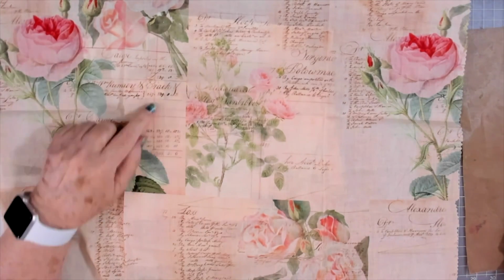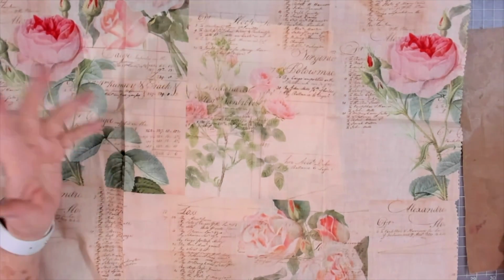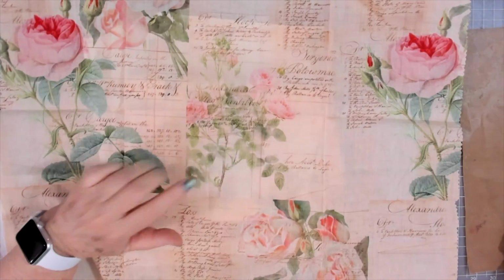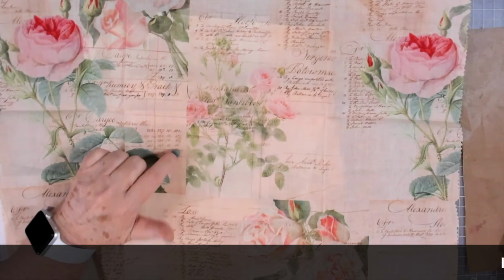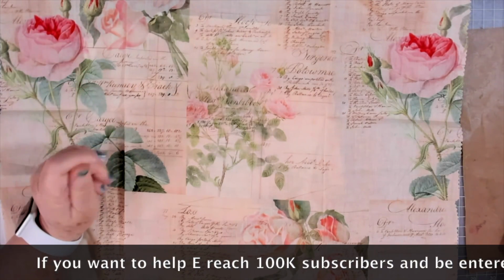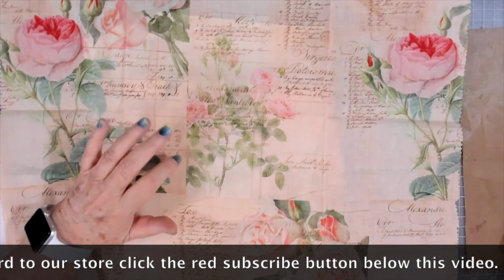Now what I'll do is I'll take a material that is close to this brown and put it on the inside, probably a canvas type material. Since this is kind of a thin material, which is okay to make your covers out of, I will probably cover the inside of this to make it a little bit sturdier. I'll probably put some white cardstock or some white